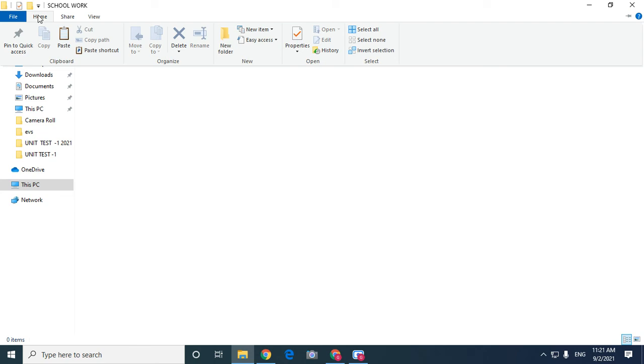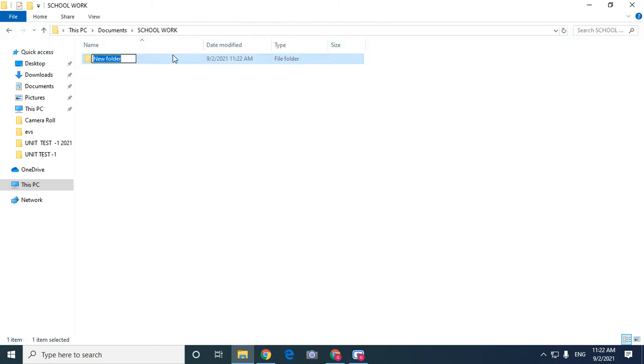In the Home tab you can see the New folder button. Just tap on it. Here you will get a new folder. I will give some name for that. I will give Assignment, right? Assignment I have given, just enter. You got a new folder which is created and appears inside the schoolwork.